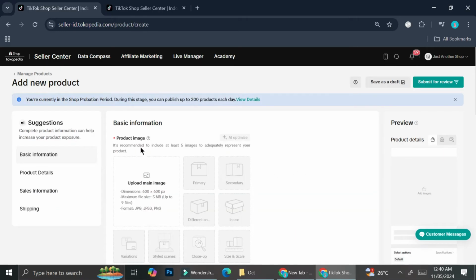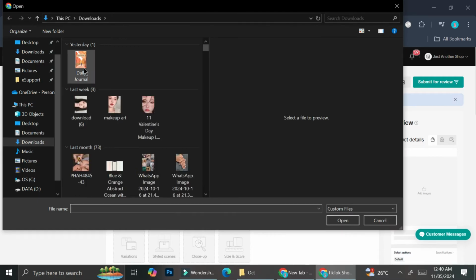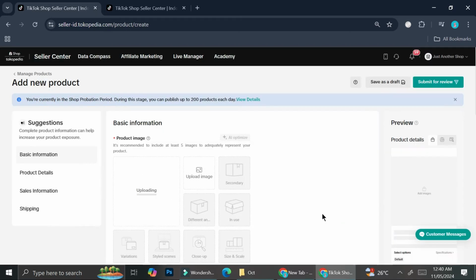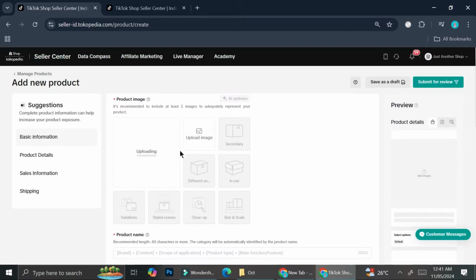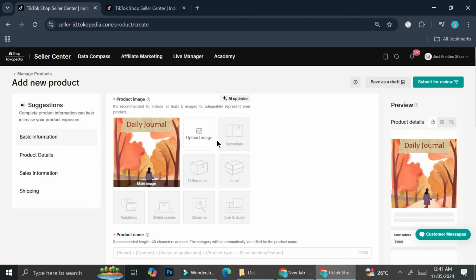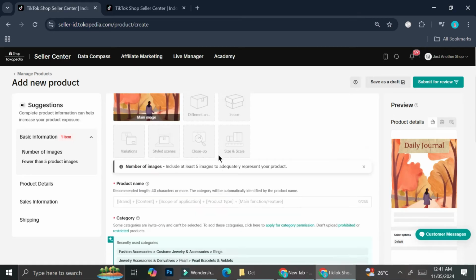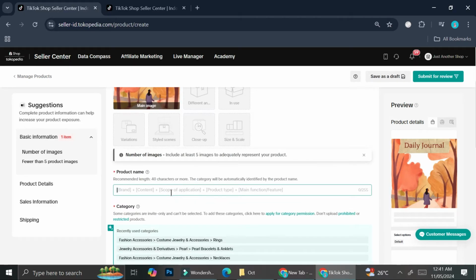So let's try and add a new product from scratch. I'm just going to go ahead and add a sample product for this one. For example, it's going to be this book right here, like so. Obviously you're going to want to add more than just one picture so that your customer will be able to see your product really well, but for the sake of this tutorial, this is all that I'm going to add. For the product name, this is going to be a journal, then I'm going to say